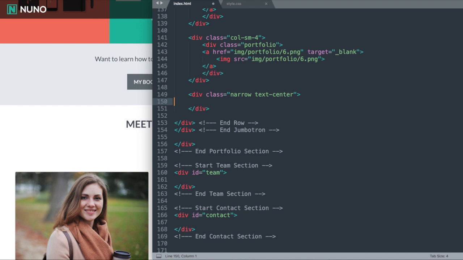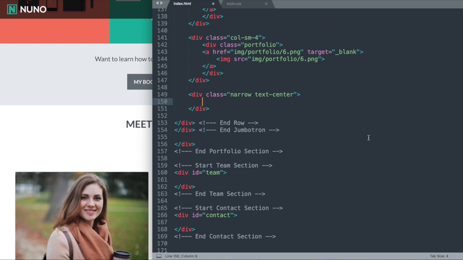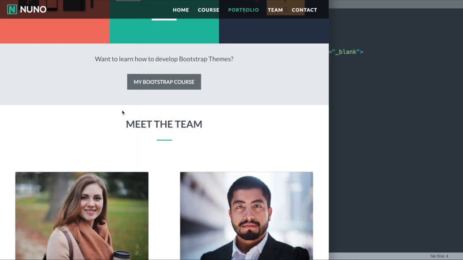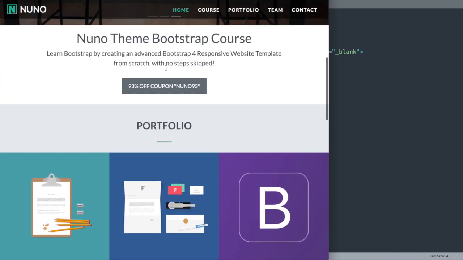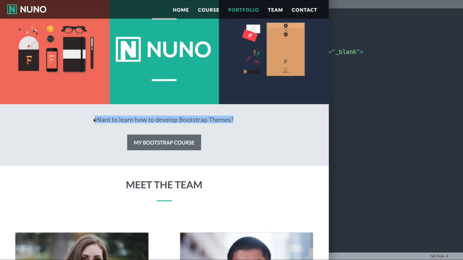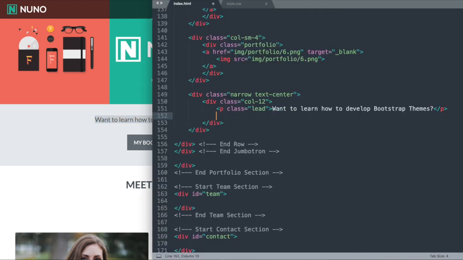And then we'll use the text-center class to center all of our content. And to create a little space above and beneath it, we'll use col-12, which is a full column width, but it gives us some padding on the top and bottom. And then for the paragraph text, we're going to use a class with Bootstrap that's called p class lead, and that's what was used in the course section, which makes the paragraph text a little bit larger than the inherent paragraph text. So I'm just going to go ahead and paste that in here,